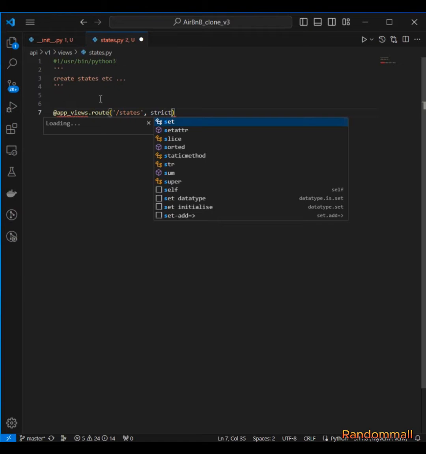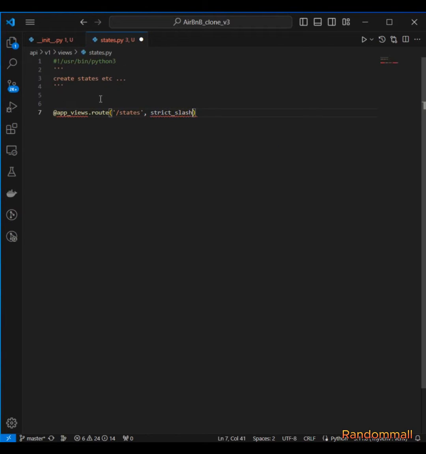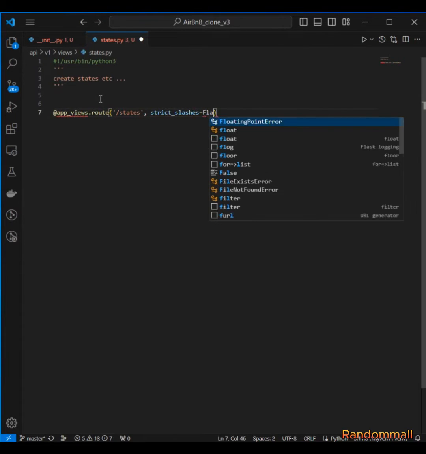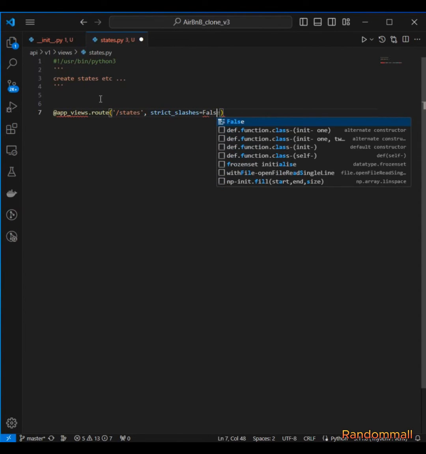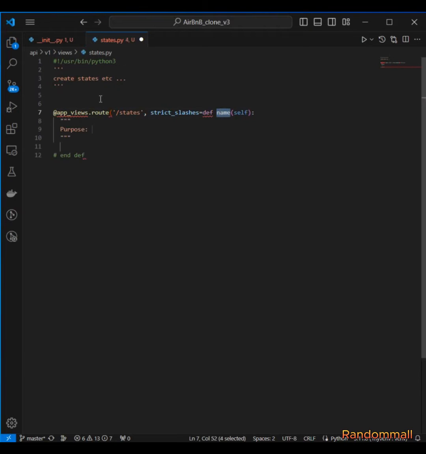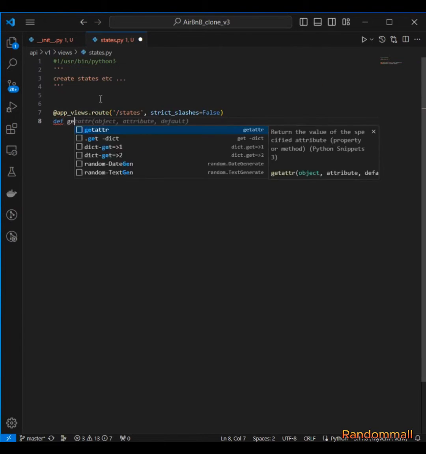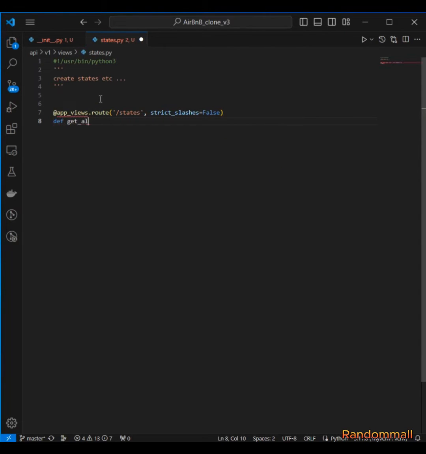Let's add strict_slashes option and set it to False. And then the function will be get_states,